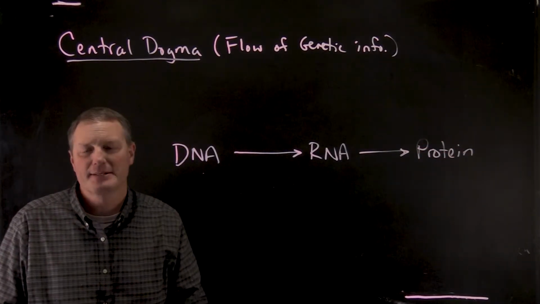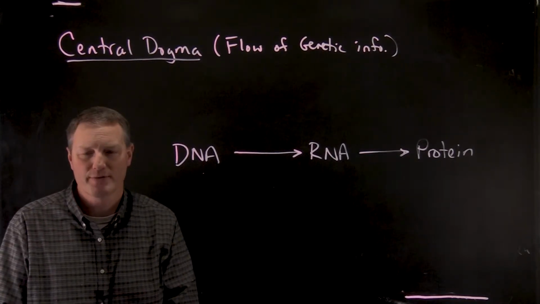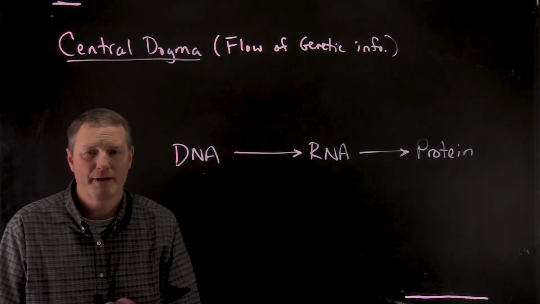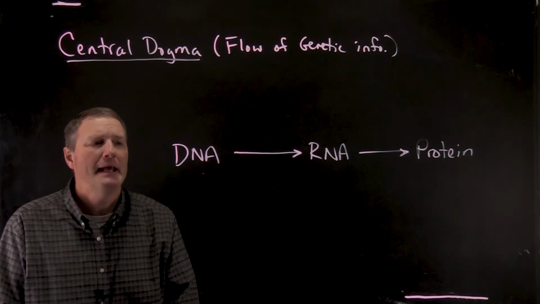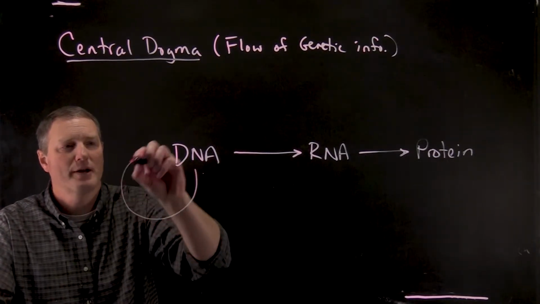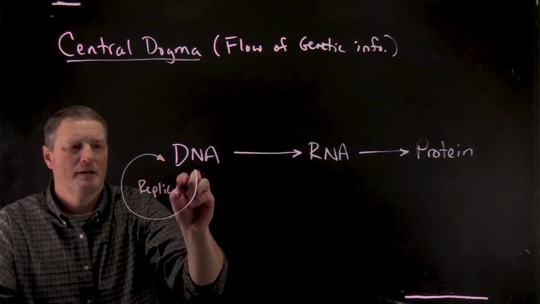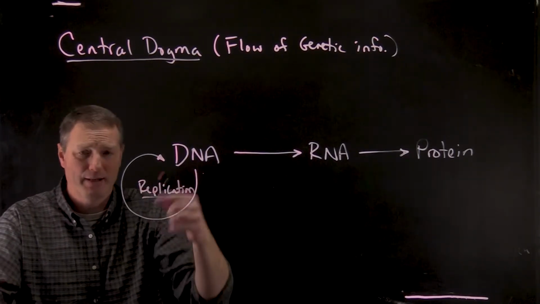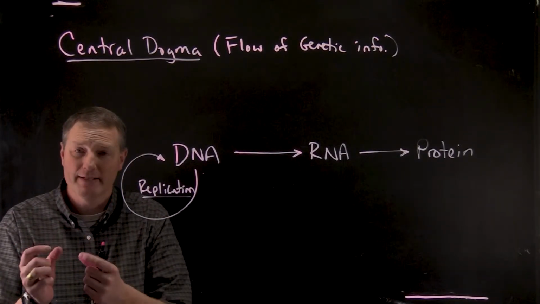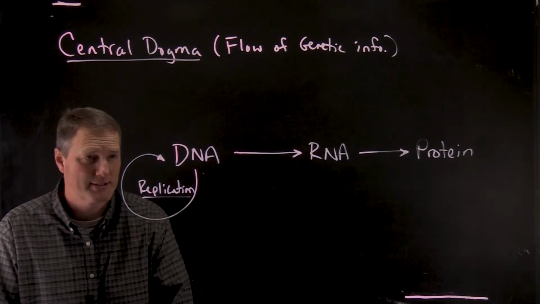So DNA acts as our central warehouse of genetic information, provides the blueprints for cells to figure out how to run everything inside of a cell. Let's talk about the first part of the central dogma, and that is, we're going to draw an arrow like this. This is replication. DNA has to be able to replicate itself so that copies of the parent's DNA can then be passed on to progeny down in further generations.